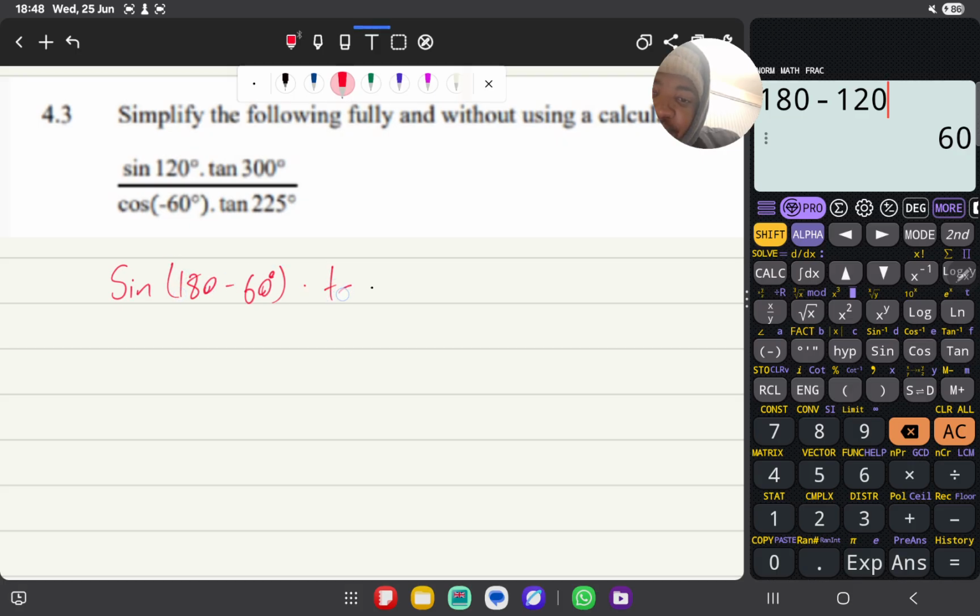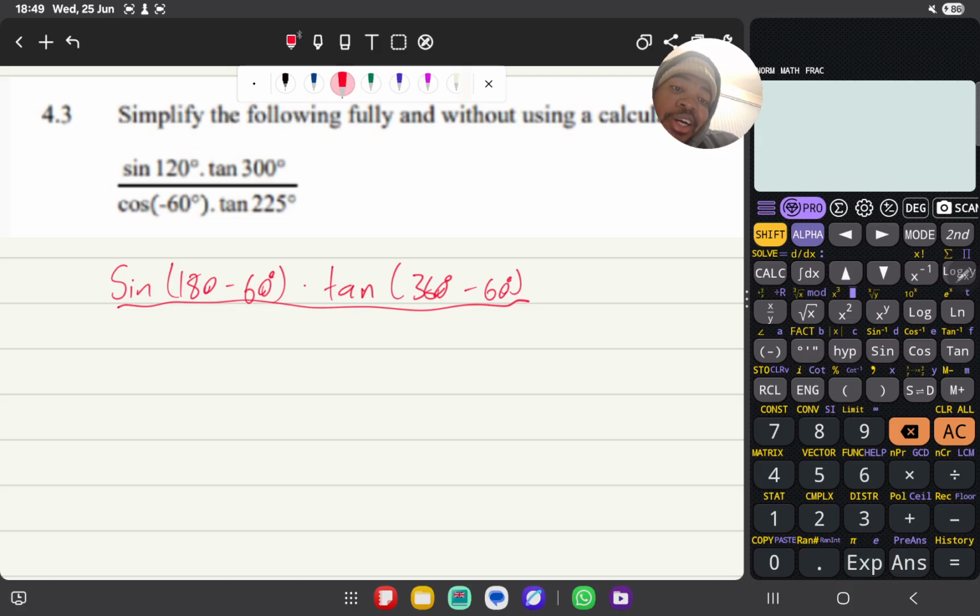And then for tangent 300, the angle 300 degrees is in the fourth quadrant where we have 360 minus theta. So here we have 360 minus 60 degrees. And then in the denominator, cos is the only one positive, so we have cos 60 degrees, multiplied by tangent